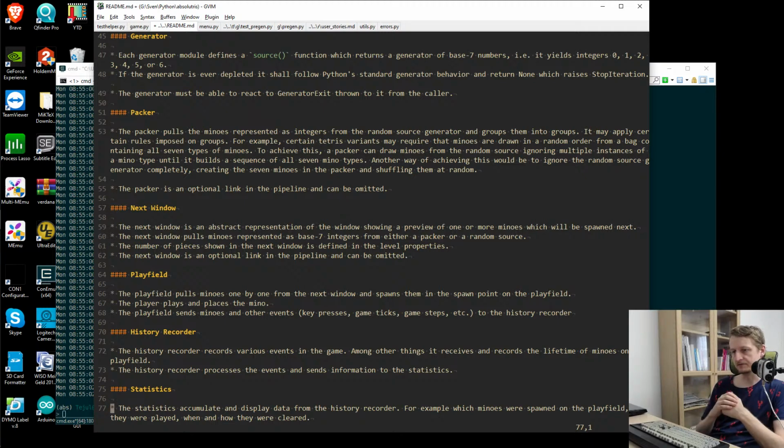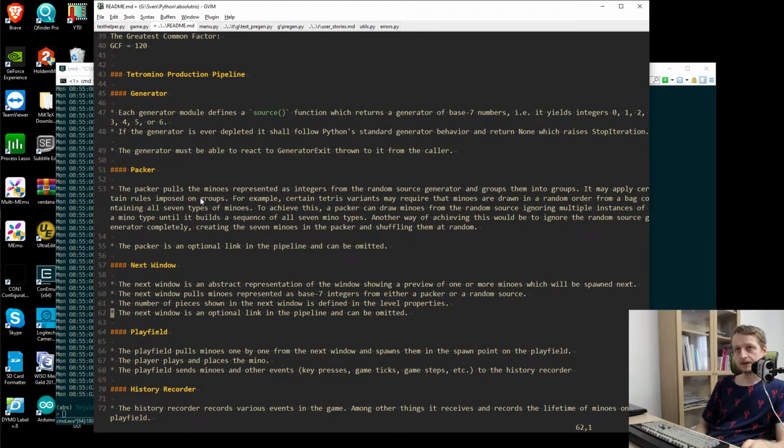Maybe relative frequency of each tetromino piece, or average score per cleared row, or your Tetris rate, and other stuff, something like how many lines you have burned since the last Tetris. So all sorts of statistics which could be relevant to display for the game. So that's this is the pipeline,